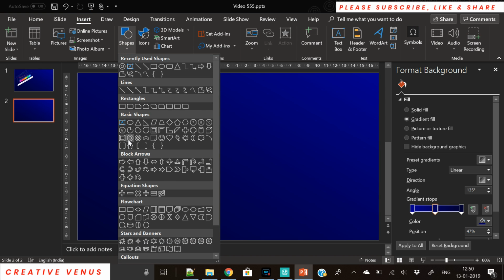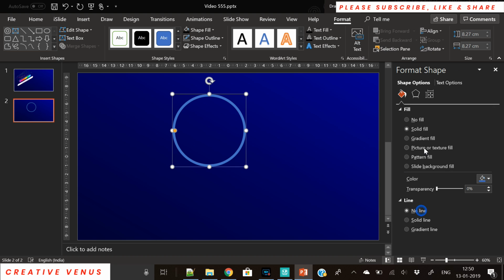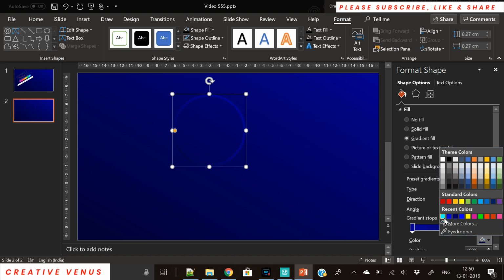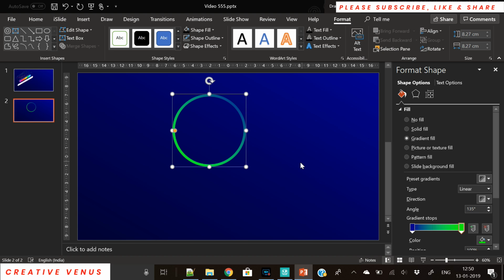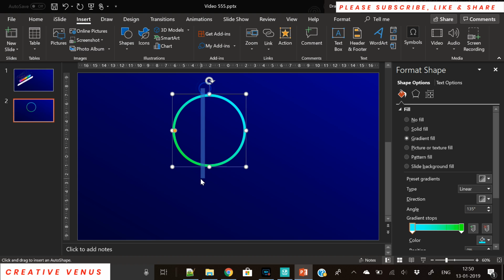So now we need smart home, but before that we have to create some technological graphics to support our home, to make sure that the technology that we have created in slide 1 is connected to our smart home. For that we will create few circular matrix kind of design. So let's create this gradient